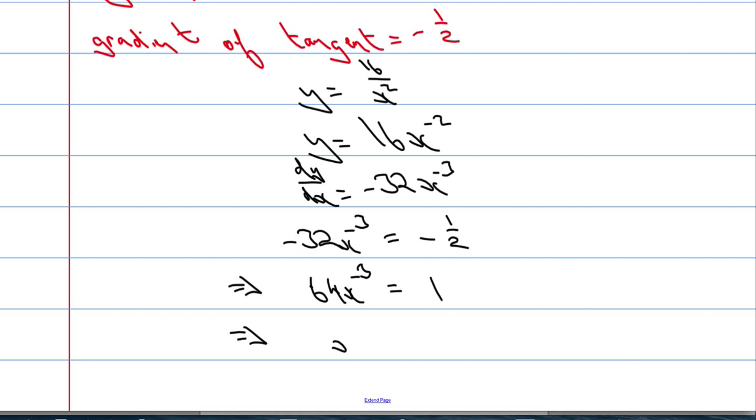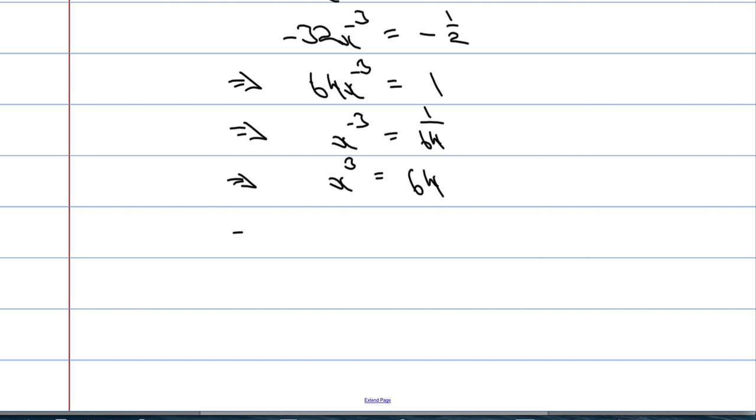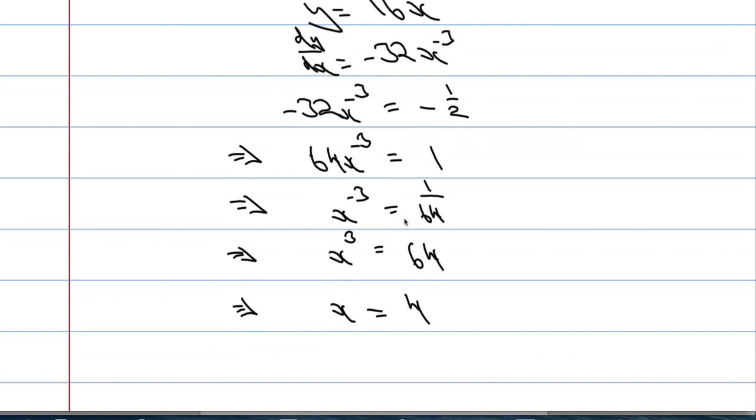Divide both sides by 64, we get x to the negative 3 equals 1 over 64, which means that x to the 3 will equal 64, which means that x, what is the cube root of 64? It's got to be 4. So when x is 4,